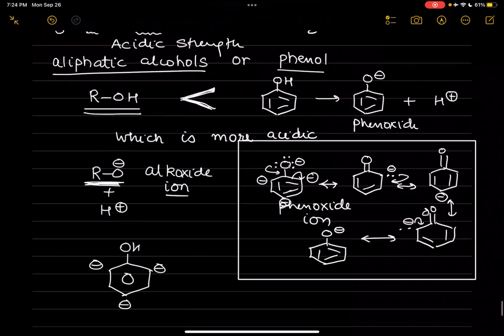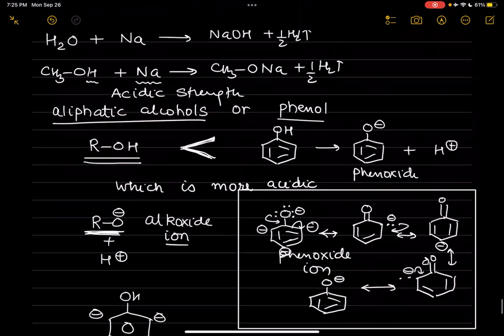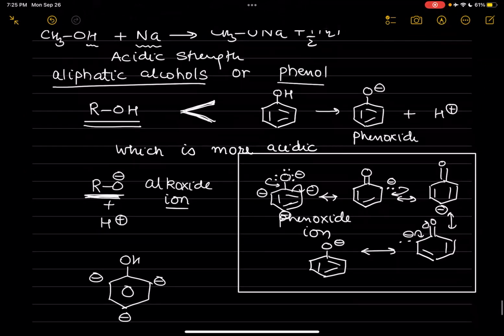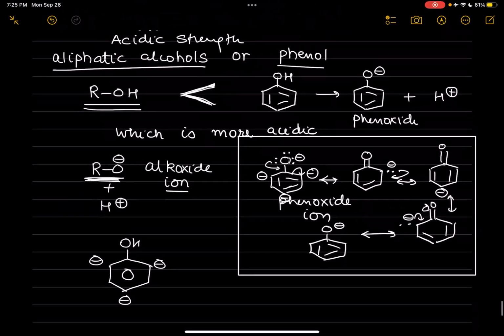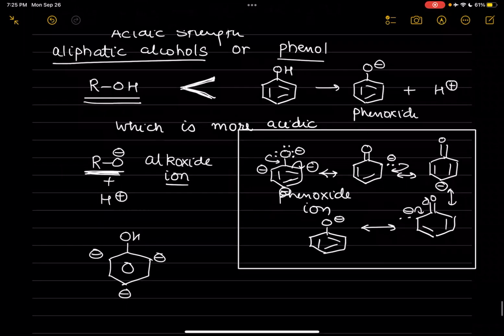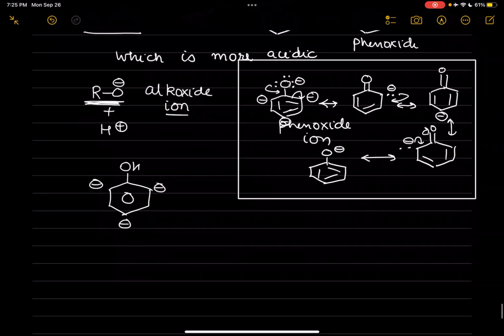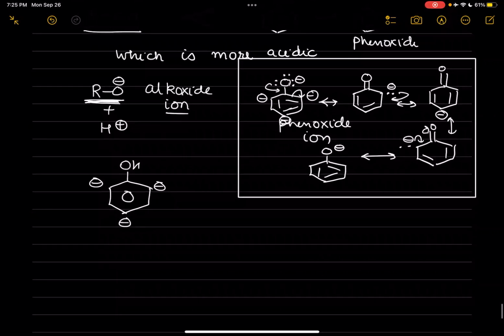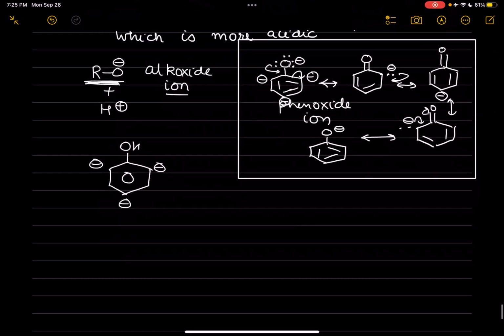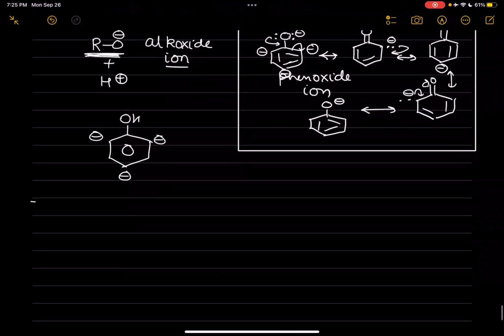So this is the acidic strength. Phenols are more acidic than normal aliphatic alcohol. Tertiary alcohols are least acidic, right? Yes, sir. Now the next thing is, phenols get ionized more easily, and this is also given in your NCERT. Okay. Now the next thing is,